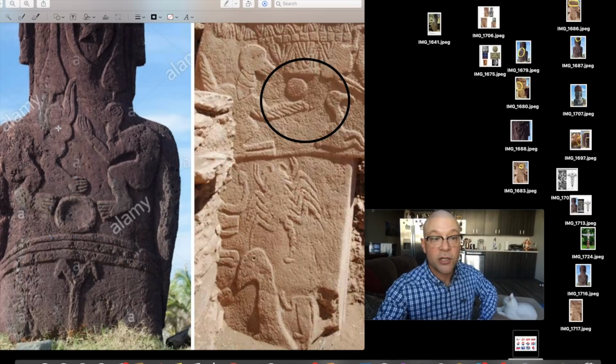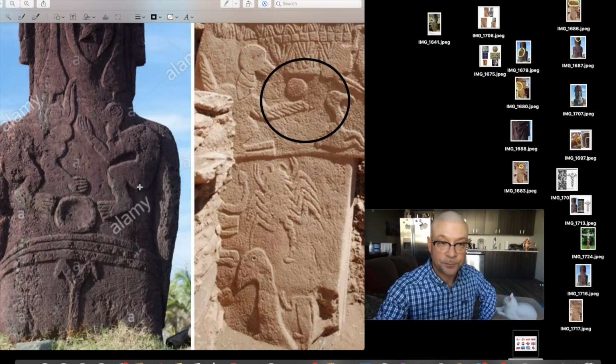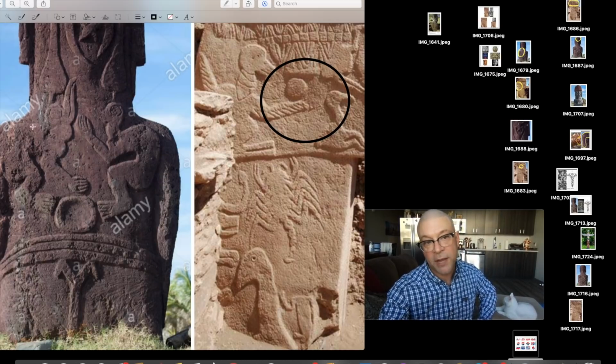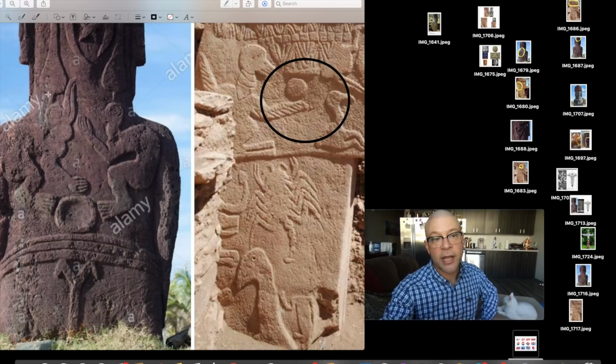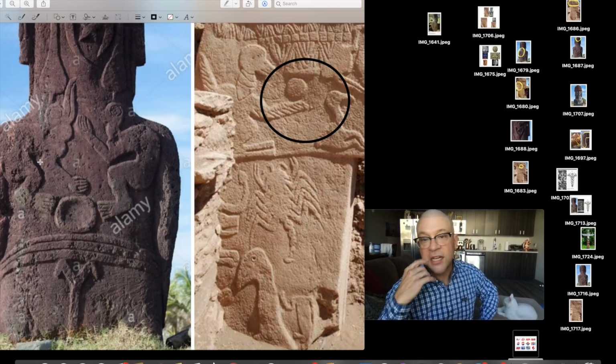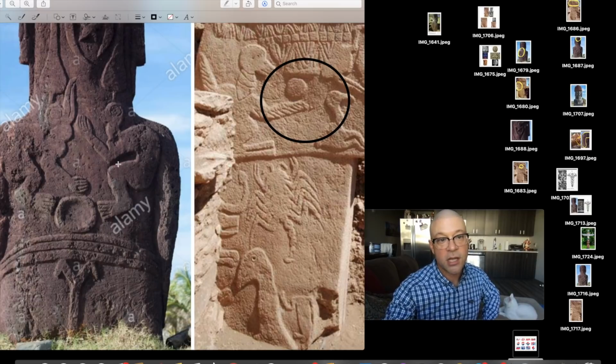Okay, so we have a bird on the left. You see the hands that the feathers have turned into right here? I think this is where we see the origination of the Birdman of the Anunnaki. I think this is an anthropomorphic Birdman, and this is just a different way of showing some. These are the Birdman of the Anunnaki images that we see. The Anunnaki were not Birdmen. This is where they got the images, and all of the wings and all of that stuff. That's where it comes from, because it fits the vulture